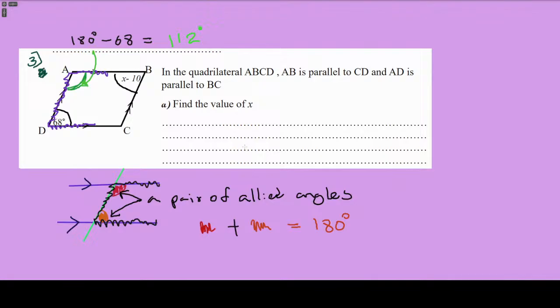So how do we write the answer in a proper way? First we got to tell our examiner that we know the fact that this 68 degree angle, angle CDA, plus this green angle, angle BAD, equals 180 degrees. We've got to write the reason within brackets. We've got to tell our readers what is the rule we are using. What is it? When the lines are parallel,